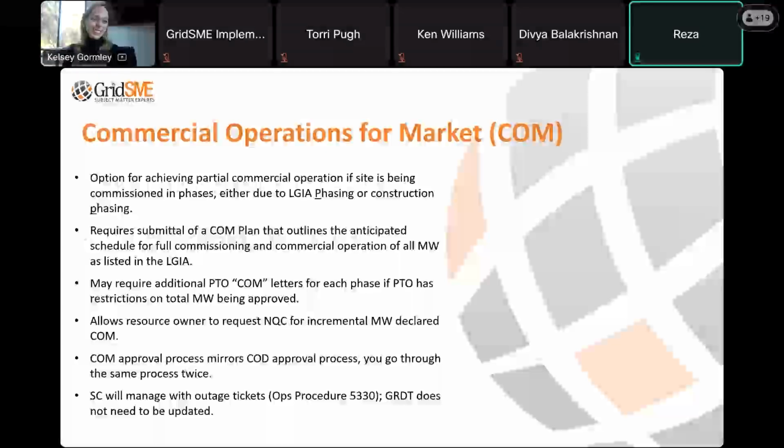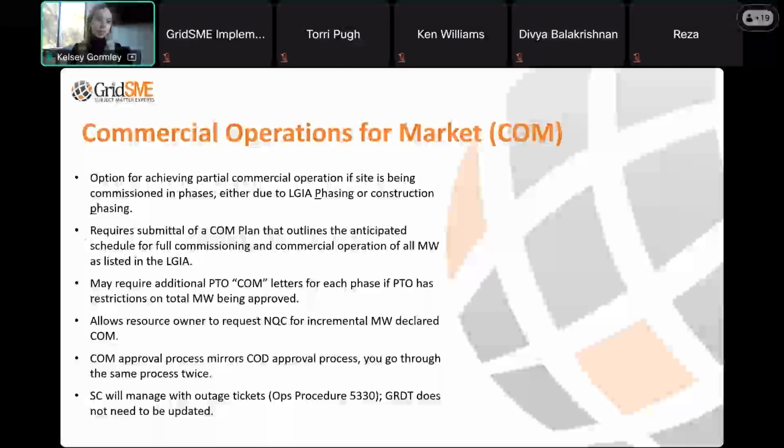And the second question, if you could please provide some background information on the ancillary service testing, that would be great. Yeah, so ancillary services testing is required typically by your power purchase agreement or your resource adequacy agreement, and it is coordinated between the site, CAISO, and your scheduling coordinator.